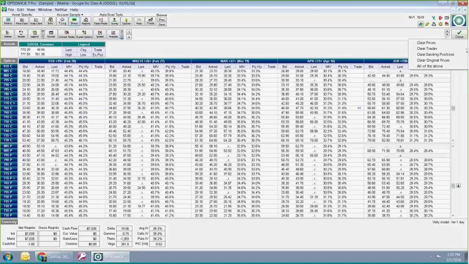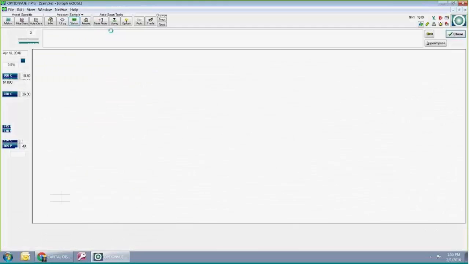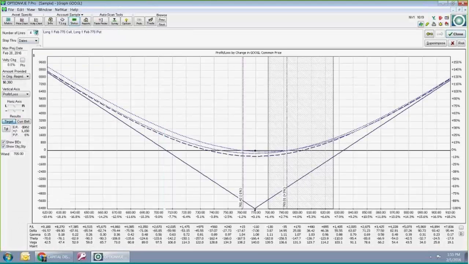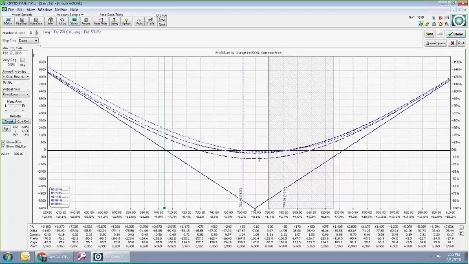up here there's a button where you can clear stuff like the trades. I'm going to go back to that original straddle I had and hit Analyze. And you'll see I don't have that big drop tomorrow. It's just going to stay around here. That's what it's thinking. It's really not even sure. It doesn't even really make that much sense.